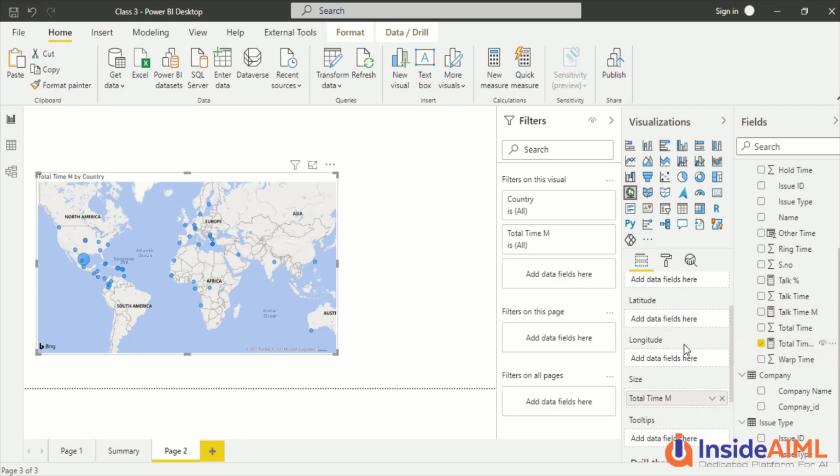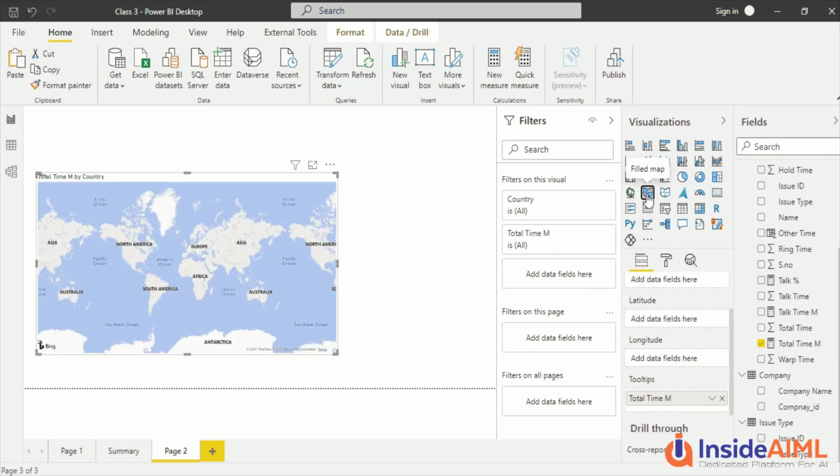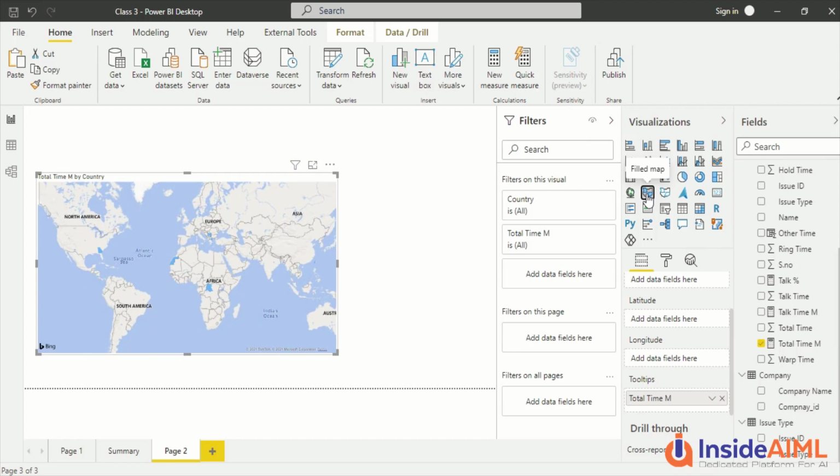This visual allows longitude and latitude also. Not all the visuals allow longitude and latitude. There are visuals which will allow it, and there are visuals which are not going to allow it. So you need to be a bit careful about which visual is more suitable when you want to use it. Now this is another visual. This one is not very suitable for countries, but the fill map is one which you can also use.